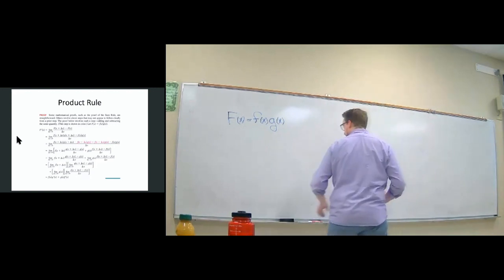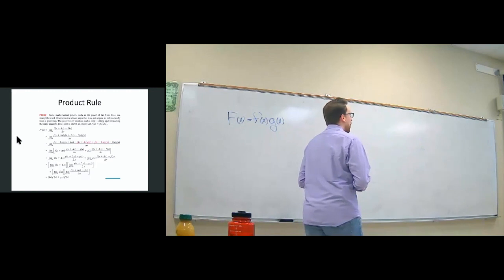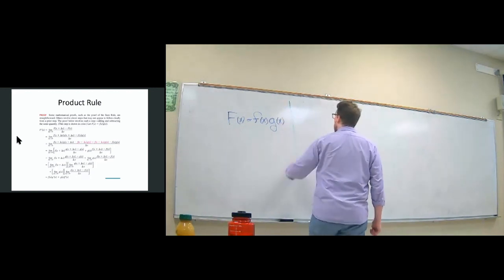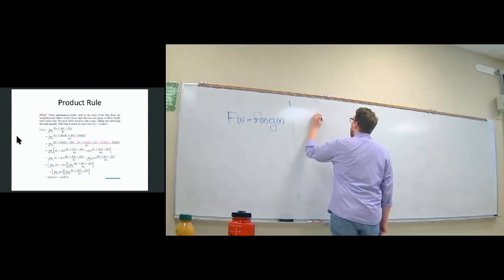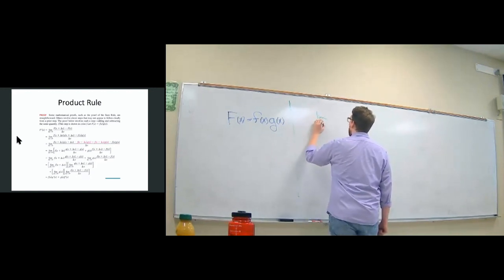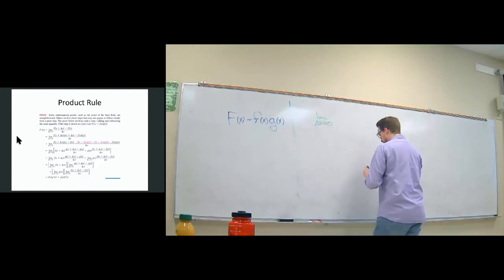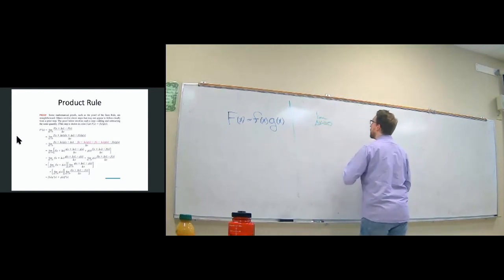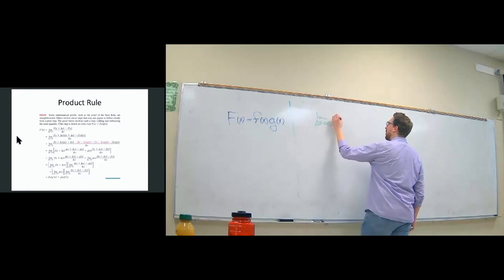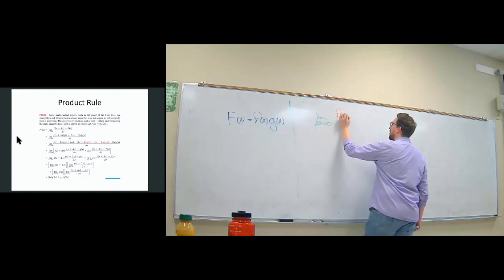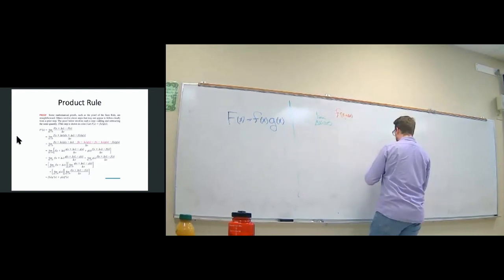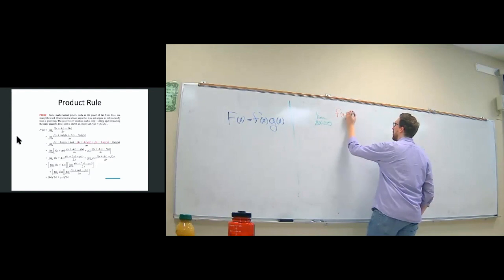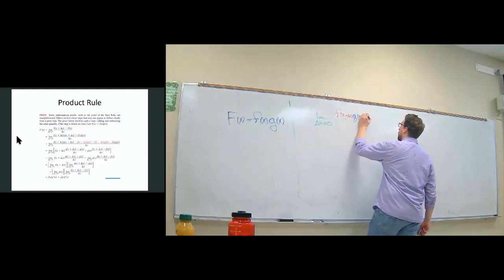This is where this proof gets a little tricky in some sense. We go from this statement of the limit as delta x goes to 0 of f of x plus delta x times g of x plus delta x